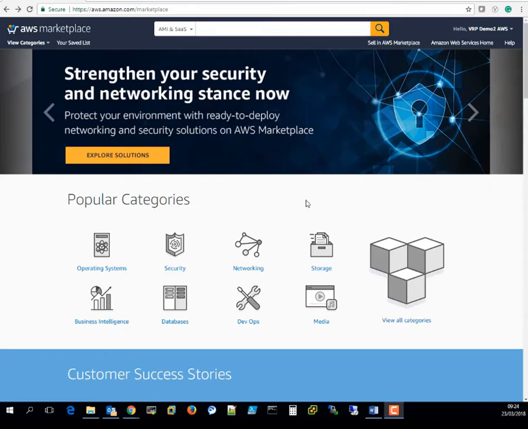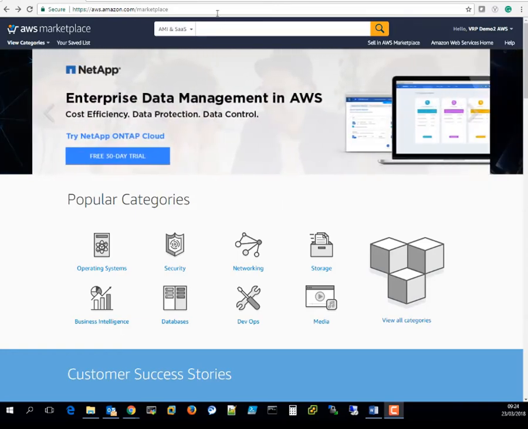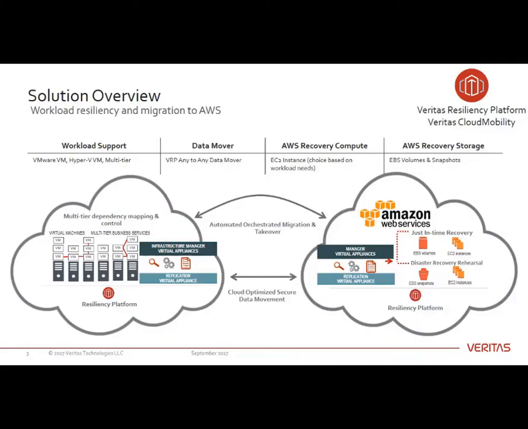Deploying Veritas Resiliency Platform via the Amazon Web Services Marketplace. This is the first video in a series of configuration and deployment of Veritas Resiliency Platform within Amazon Web Services